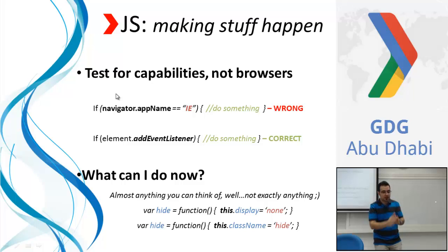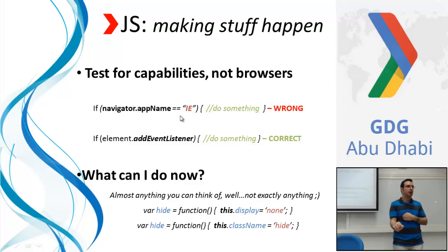So before we said element.addEventListener, right? If it was IE, it doesn't have this function, correct? So here, if you just write element.addEventListener, it will give you a boolean value, true or false. If the browser supports this function, it will give you true, so you can do whatever you want inside the if statement. If it doesn't support it, it will give you false,